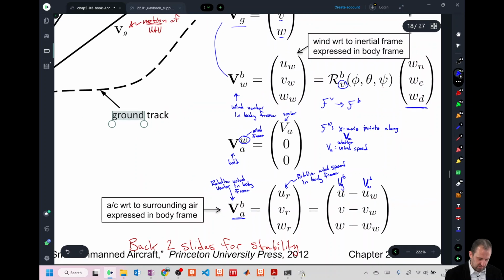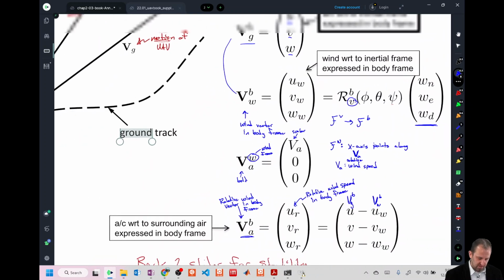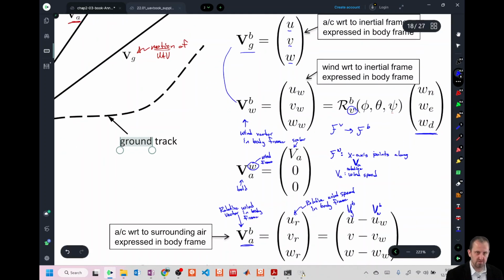Okay, so these relationships are really important. Just to review, we have our ground speed velocity vector, v sub g, and in the body frame, we have our components of the vehicle velocity, u, v, and w. We also have our wind, and this is due to weather, right? The wind vector due to weather, we can define in the body frame. All we're doing is taking it from the inertial frame and rotating it into the body frame. And then we have our relative